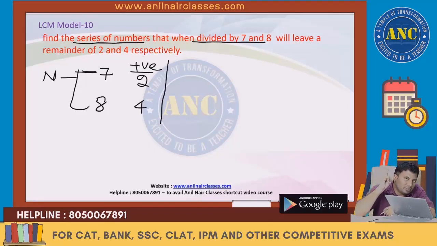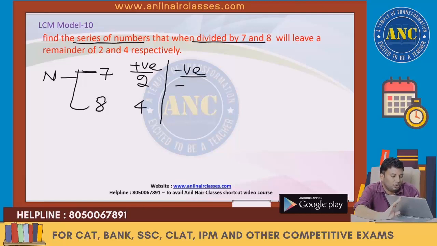If the difference between the positive remainders is k times the difference between the divisors, then in the kth step I will get the same remainder. 2 and 4, difference is 2. First step: 2 minus 7 is minus 5. 4 minus 8 is minus 4. So please write down that statement.